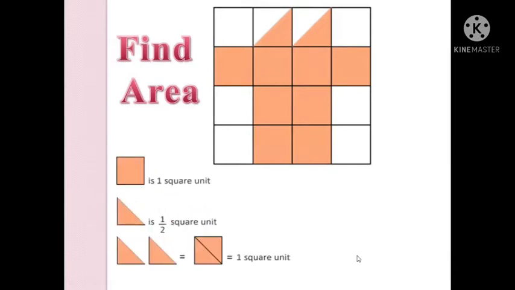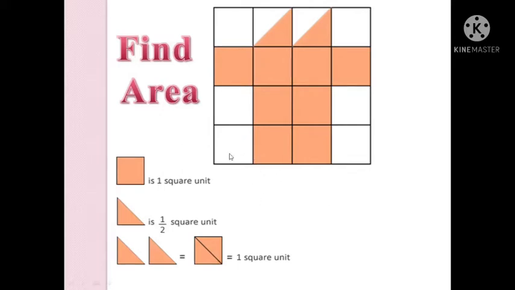Now we are going to find the area. Could you see the difference between the previous question and this question? Here, there are full squares and also half squares. Each and every full square should be taken as 1 square unit and each and every half square should be taken as half square unit. So, when there are 2 half square units, we have to consider them as 1 square unit. Whenever we are measuring area for polygons, we should use these terms alone.